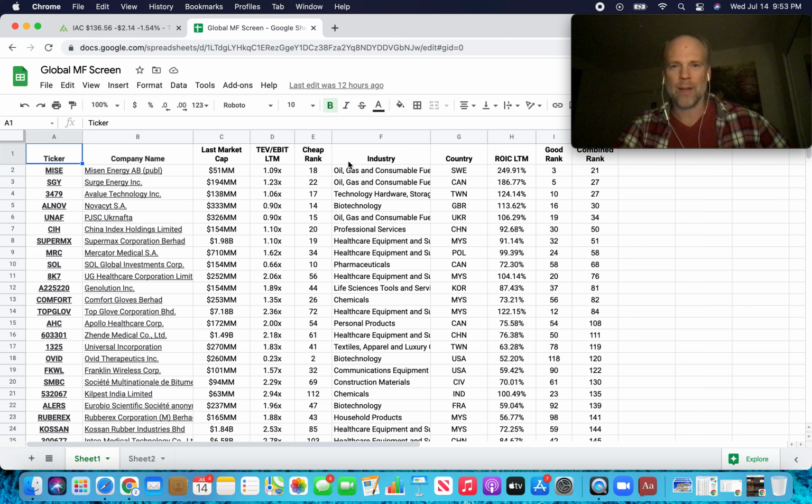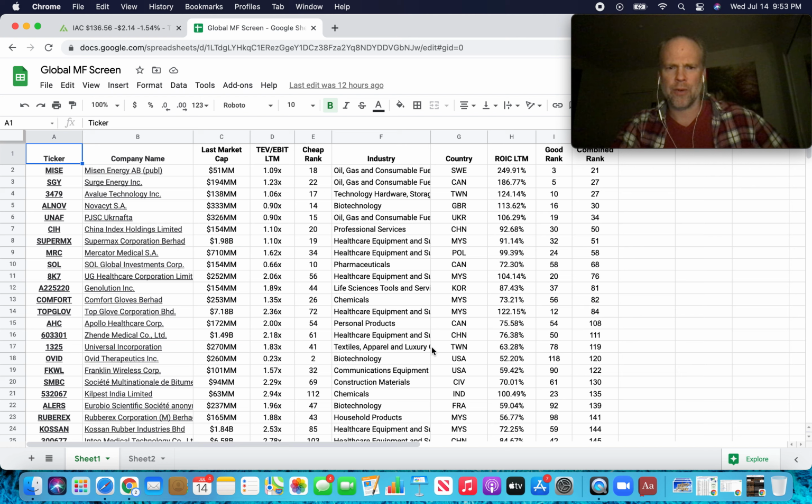But anyway, that's how the Magic Formula screen is run. You can see where the market caps are falling for these businesses. The top one is just over that minimum 50 million threshold. You've got about a 2 billion company here. And there are some U.S. companies in the top 30. So we've got,